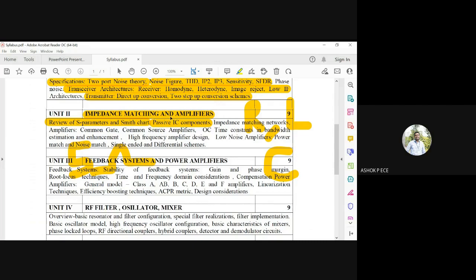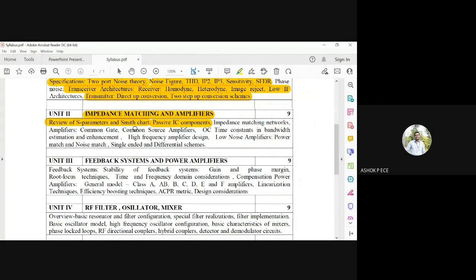We have to fabricate separate components at high frequency. That is going to be the passive IC components. We are going to study about fabrication of resistance, inductance, and capacitance at high frequency circuits. Then some of the common impedance matching networks we are going to study, which will deliver maximum power from source to your load,